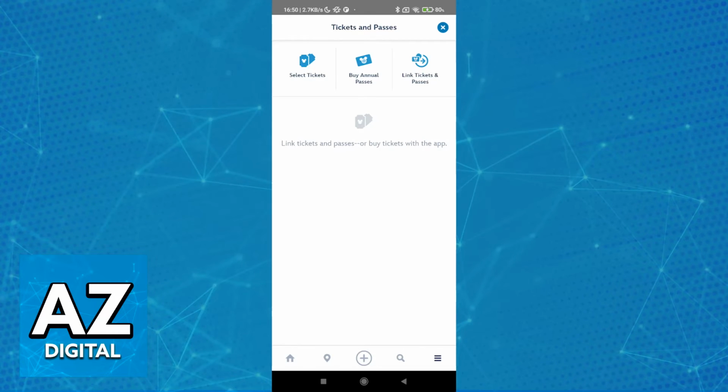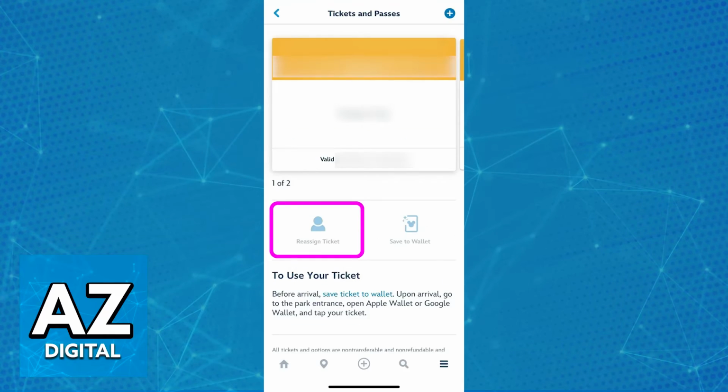To actually send them to another person, tap on the specific ticket that you would like to manage, and at the bottom, one of the options is going to be Reassign Ticket. When you choose Reassign Ticket, you will then have access to the inputs where you can enter their information. You will be able to assign them to another person who also has their own Disney Experience app account created. And after it is sent over, they will be able to manage it inside of the application.